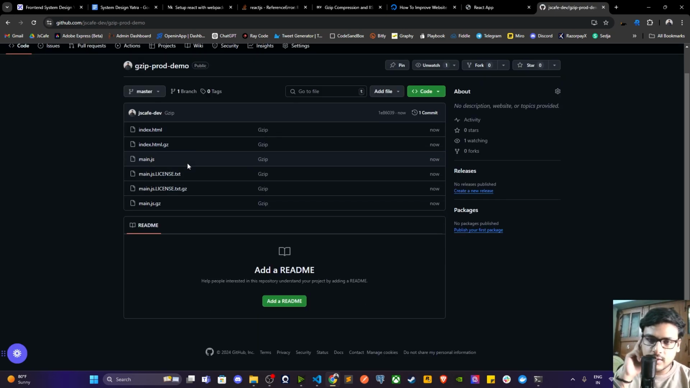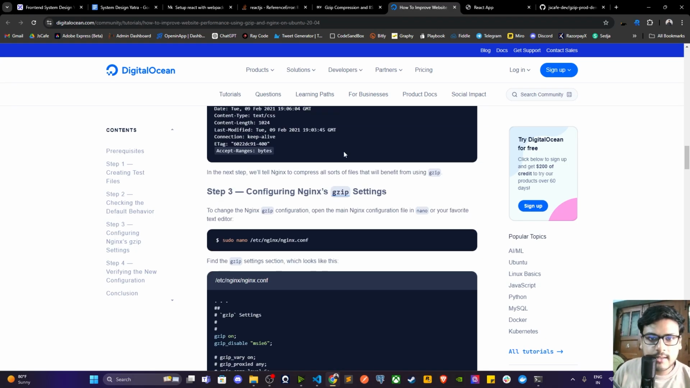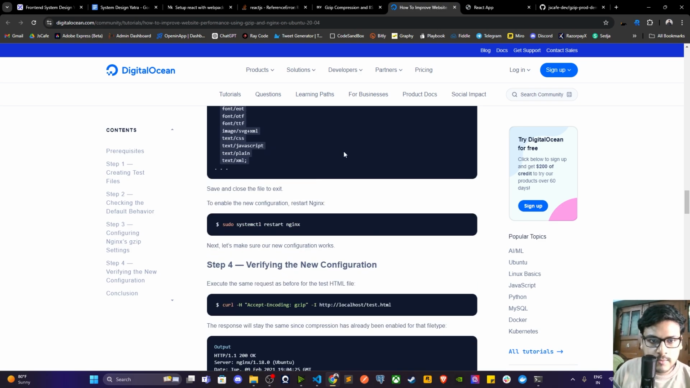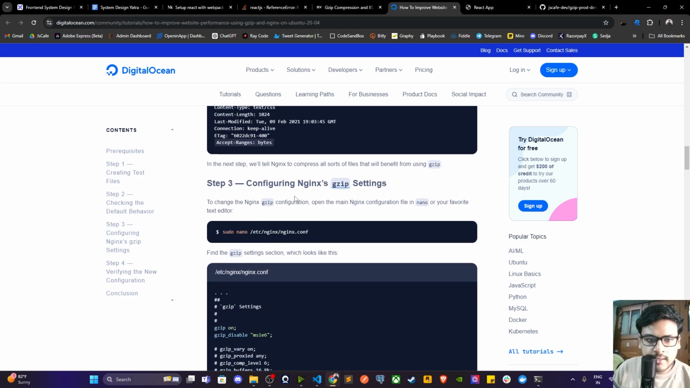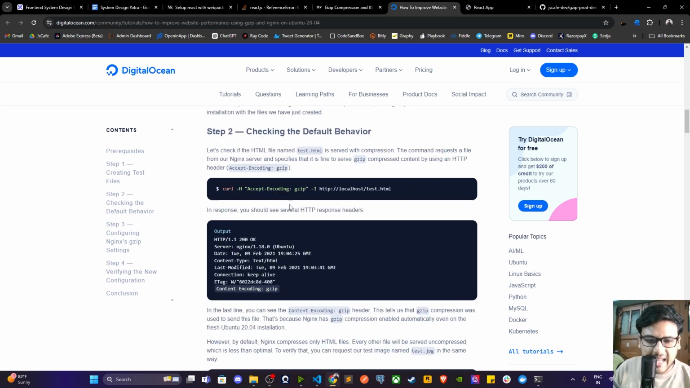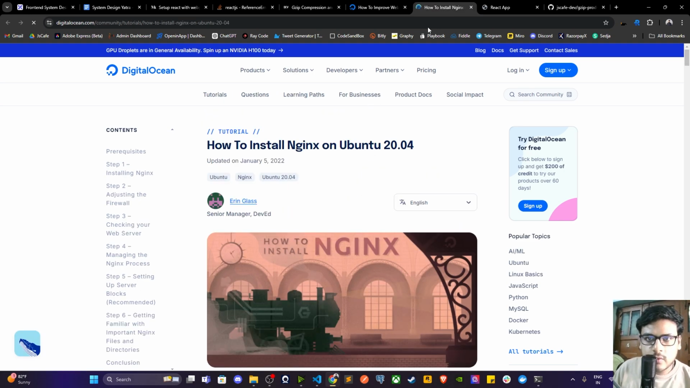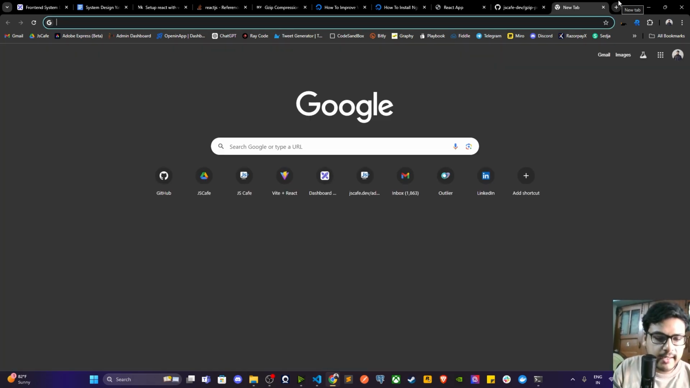We are going to leverage this to clone this code on the Nginx server. But right now let's follow this article, and we have to create an Ubuntu machine, right? This article talks about enabling gzip on Nginx, but there is also one link over here which says how to install Nginx on Ubuntu 20. This is a really great article, but let's head over to AWS,